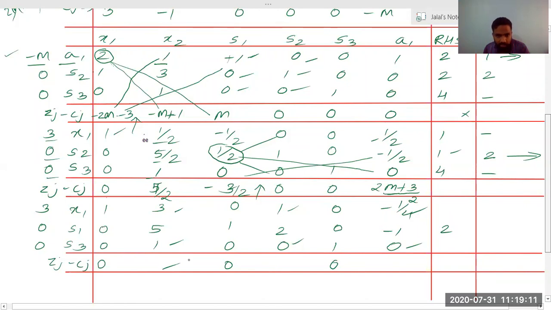Now we need to find this value. This will be 5 by 4. I hope we are able to understand. 5 by 2 into 1 by 2 is 5 by 4. Again 5 by 4, and this is plus 15 by 4. We can see 5 by 4 plus 15 by 4 will be 19 by 4 into 2. This is coming out to be 19 by 2. It is positive. Now we need to find this value.